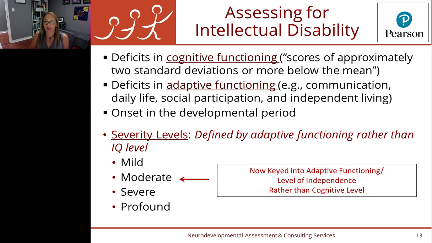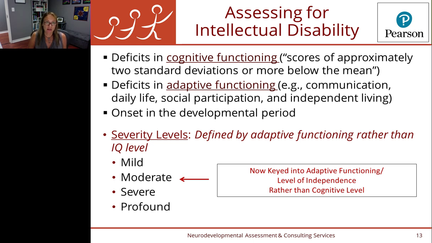And so in the DSM, we're looking at defining intellectual disability as having both cognitive delays, roughly 2 standard deviations below the mean on a standardized measure of cognition, and deficits in adaptive functioning in at least 2 areas of communication, daily living or personal skills, socialization skills, and independent living. Notice here that the DSM does not have motor skills, adaptive motor skills, as one of those areas of delay.